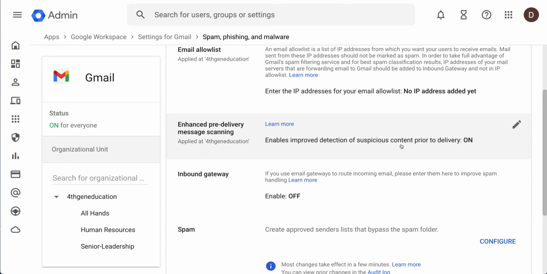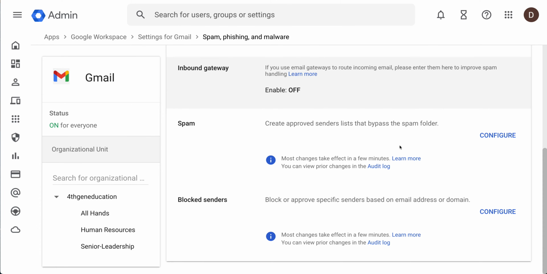But it's a way to teach Google from your vantage point, from the company to Google's vantage point, on how to handle spam. If it's somebody that you know and like, then you're good to go. Are we going to have any approved senders that bypass the spam folder? Probably not. And are we going to have any blocked senders? Probably later on. We're still too new to actually have any kind of list,